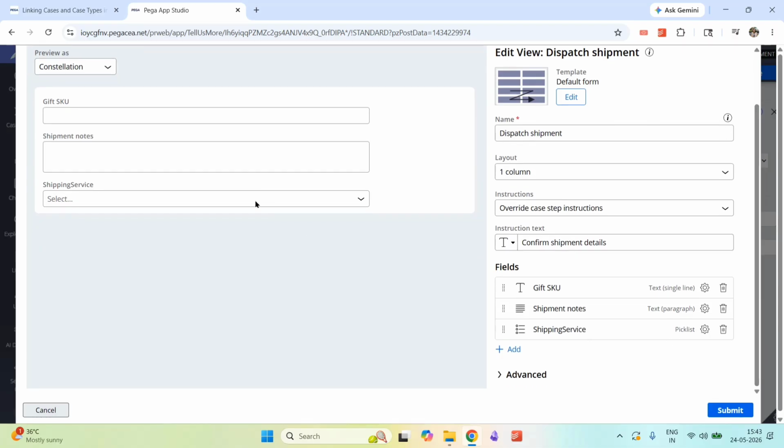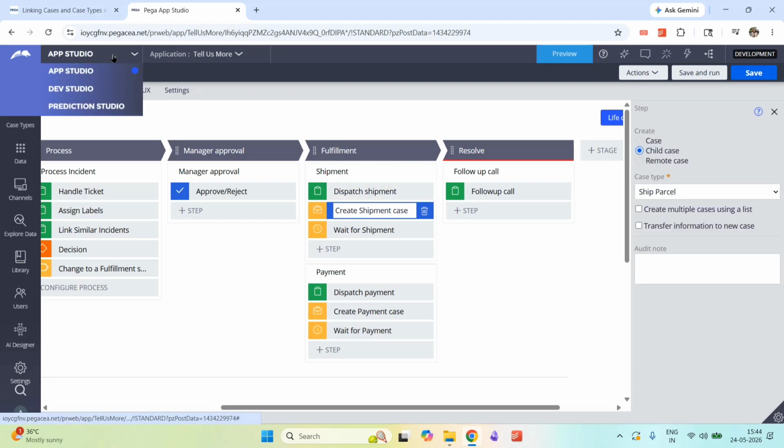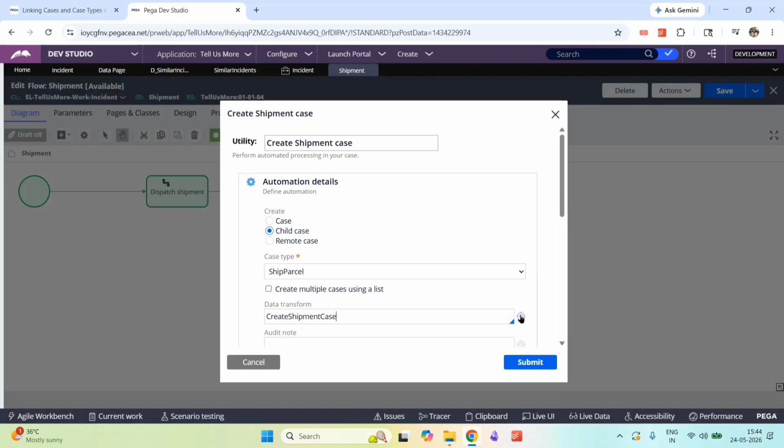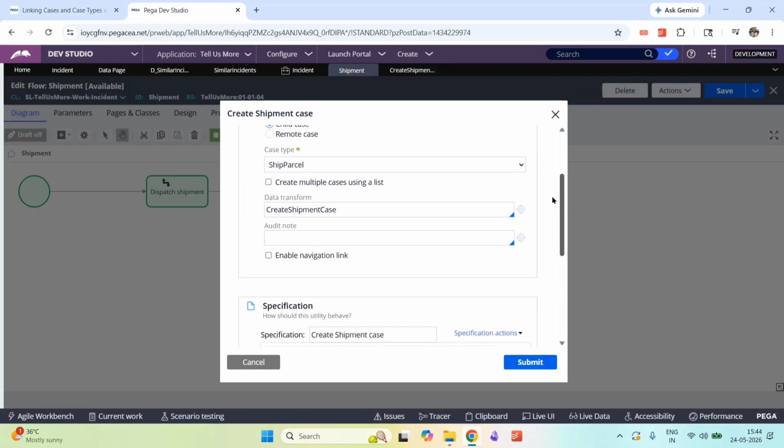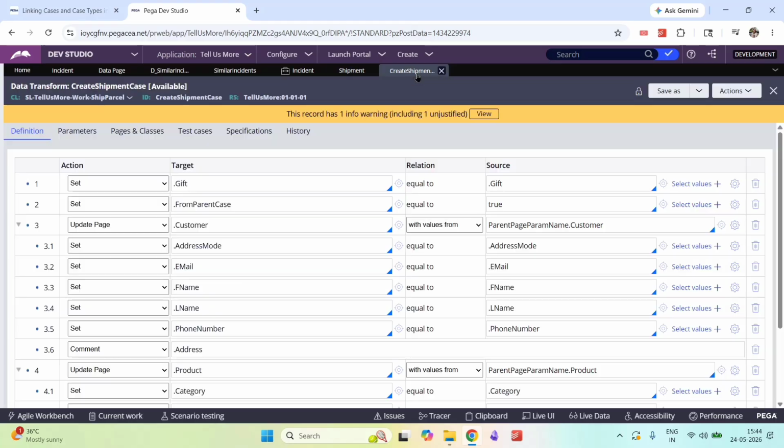To be specific, we are storing this into a scalar property, service name, that I'll show you in a minute. And when we are creating the child shipment case, we want that shipping service name information to be propagated from incident to this shipment case. Let us do that right now. Let me open the dev studio. Whenever we are propagating the data from one case to another case, this smart shape is usually used. And to pass explicit parameters, we create this create case data transform, where notice one thing: